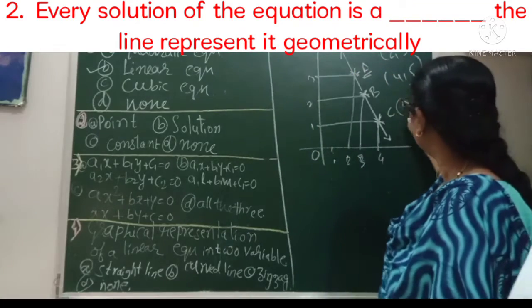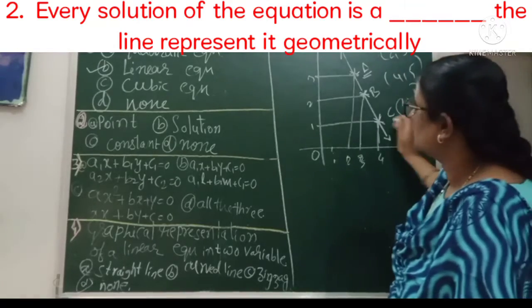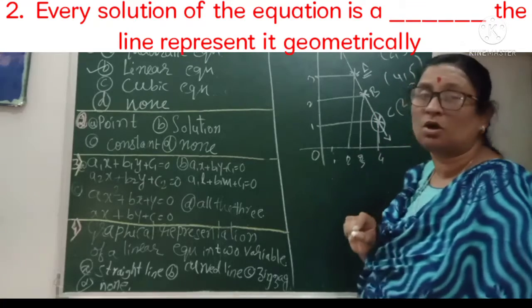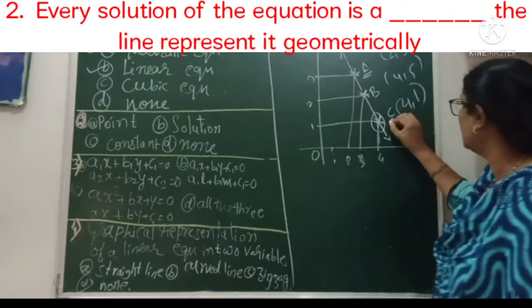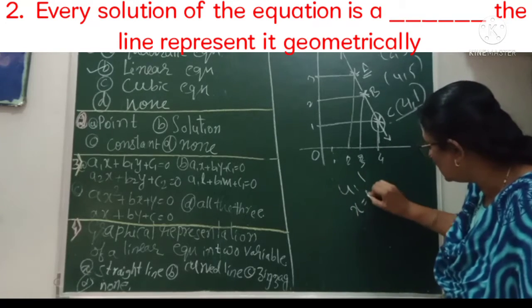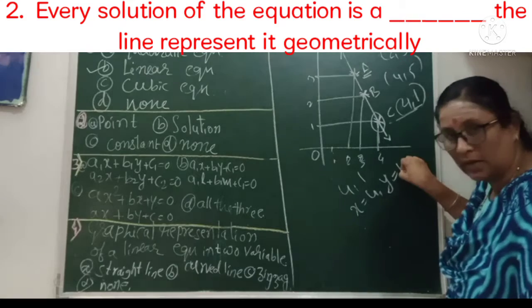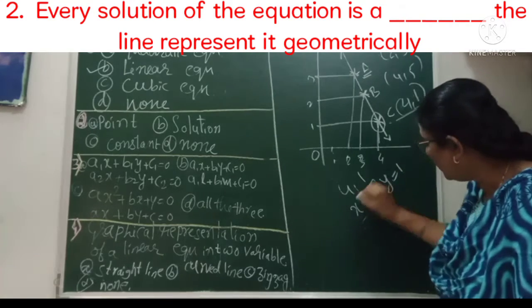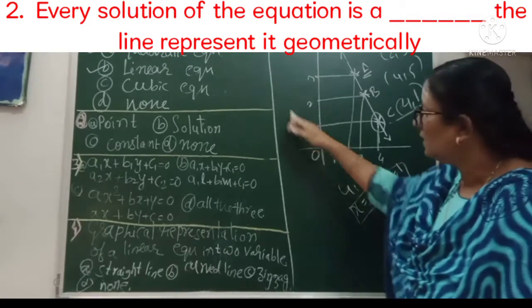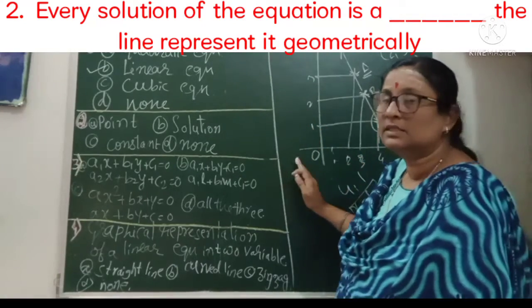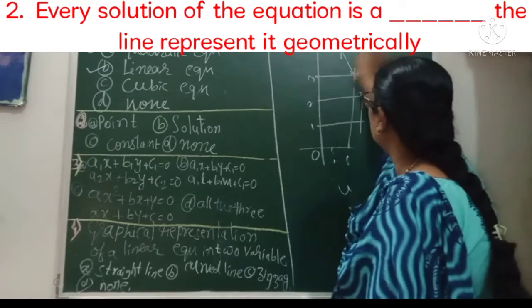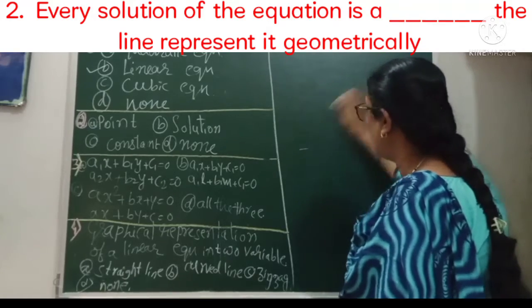When you put the values of these points in the linear equation, of course, you are going to get that the point is nothing but a solution of that equation. For example, C has the coordinates 4 and 1. So x is equal to 4 and y is equal to 1. When you put these x and y values in the equation, the equation gets satisfied. This is the meaning of this. So understand the concept. I am explaining the concept, so understand it well.